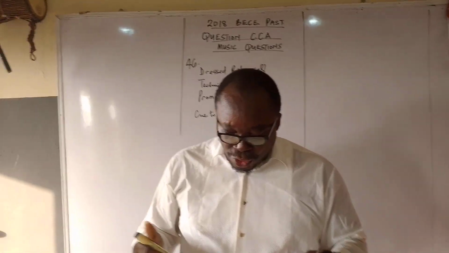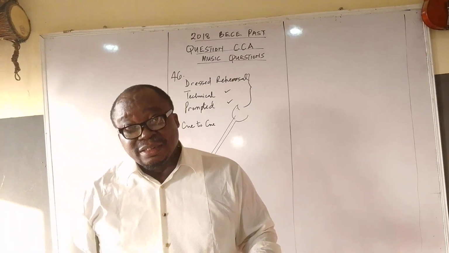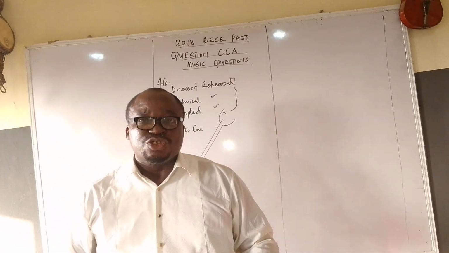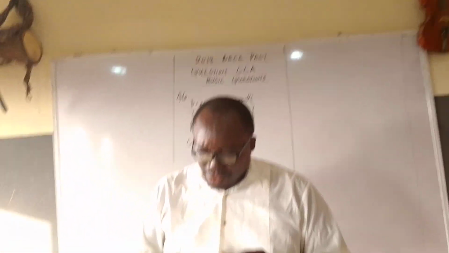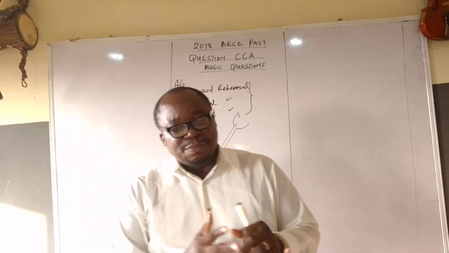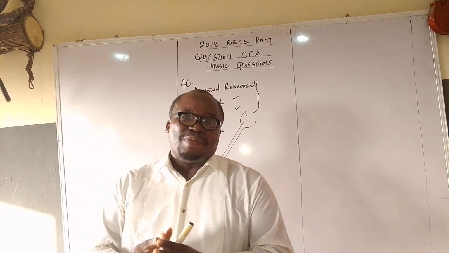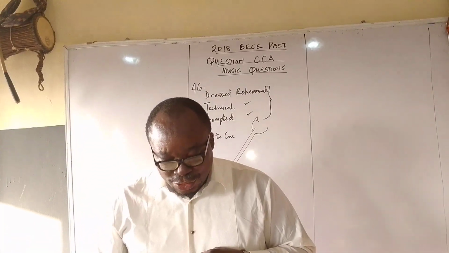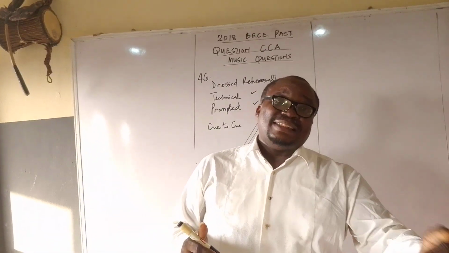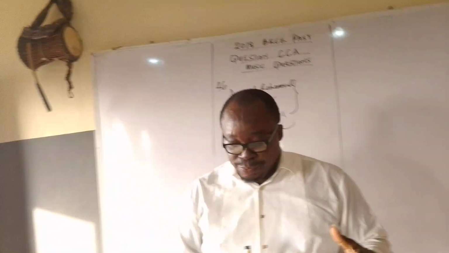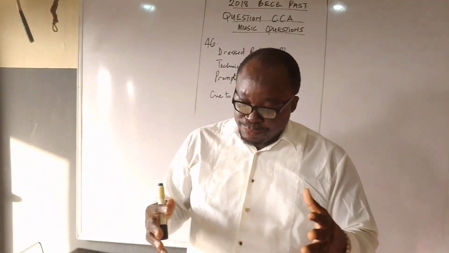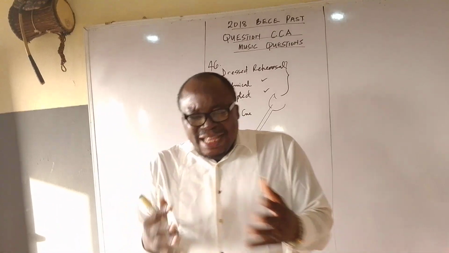But the question says types of time signature. For this level, there are various types of time signature as you move across the ladder to your senior class in the university to study music. There are various types, of course, but for this level, we are looking at the simple time signature and the compound time signature. Of course, the simple time signature is divided into three. We have the simple double, we have the simple quadruple, triple simple time signature. What then is time signature?